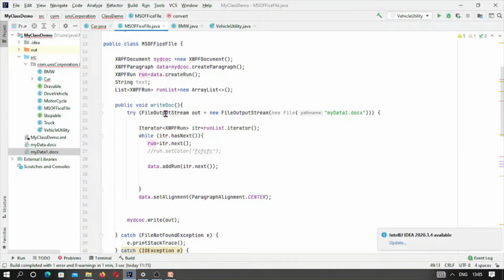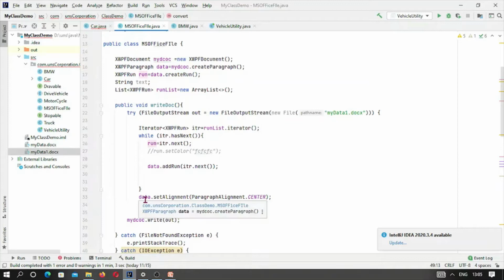And we are simply writing the doc. It means we are creating an output stream and iterating through a list of tasks, one by one, traveling through the list. And next, it is added with a paragraph. One by one each line is created with a paragraph, and this paragraph is aligned at center.